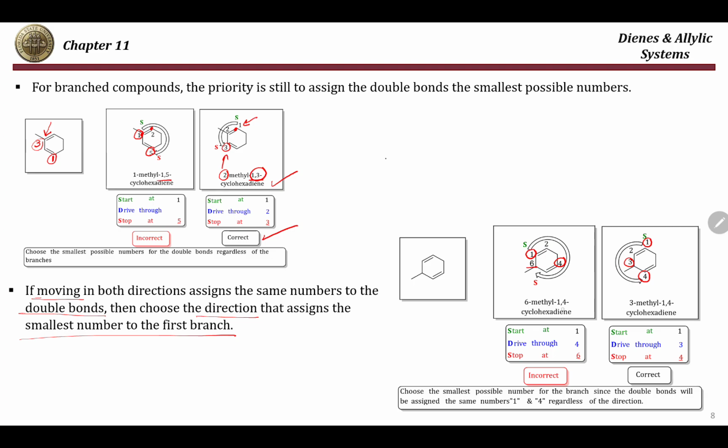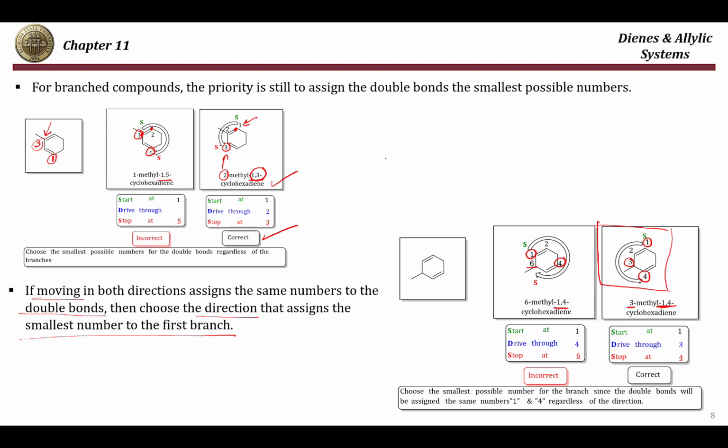Since in both cases we are getting the same numbers for the double bonds, then my priority moves on to giving the branch the smallest possible number, and that's why I will choose this to be the correct way for naming, because this is giving the methyl group position 3, and the correct name will be